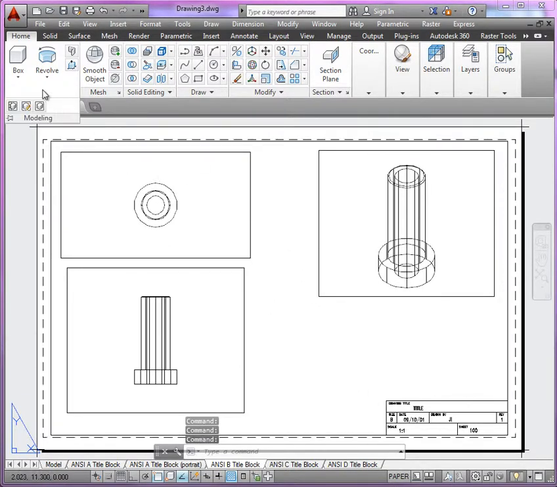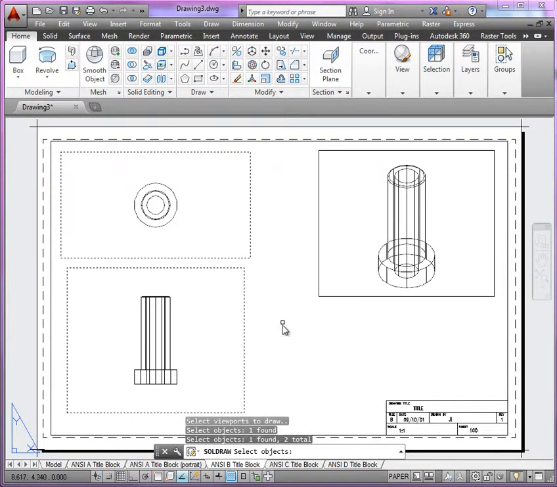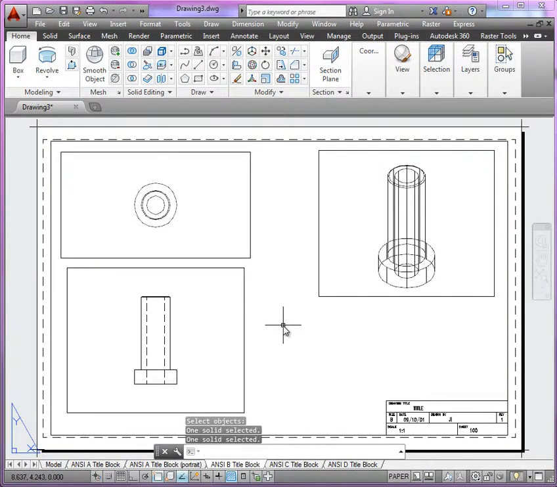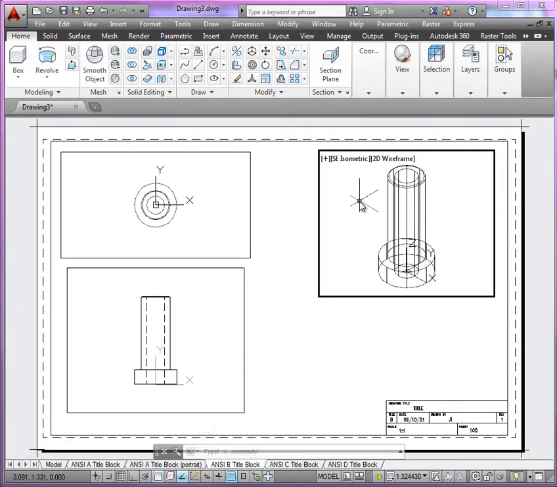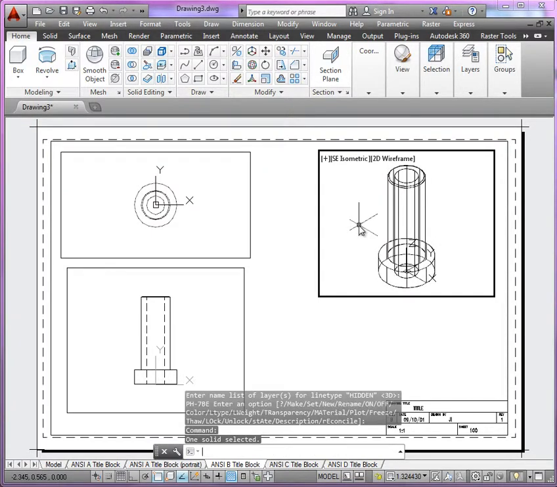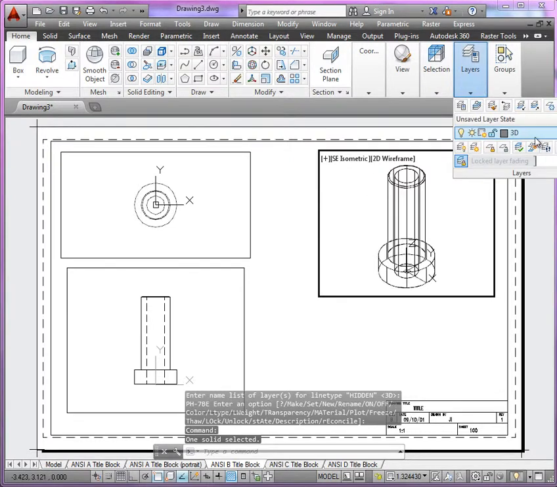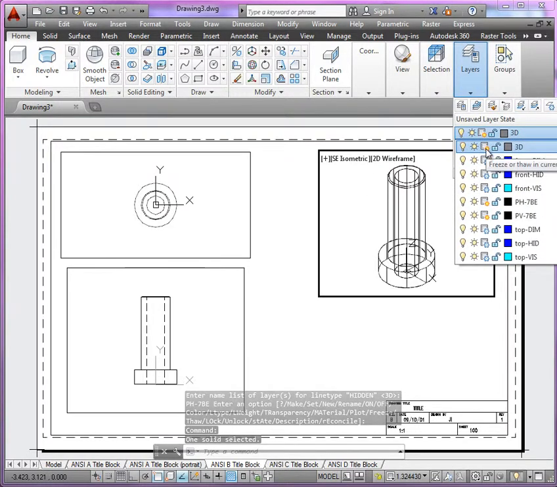Okay, so now going over to Solid Draw here, we'll select the solid viewports, hit enter to render them. Coming over to the isometric view here, we'll use solid profile, select the solid model, enter and accept all the prompts. Return to the layer manager, and for this viewport alone,